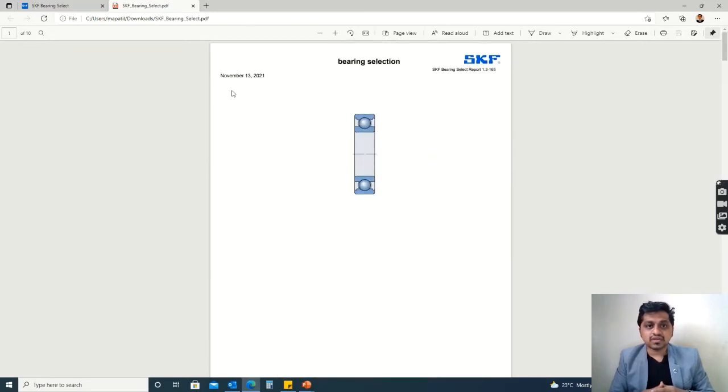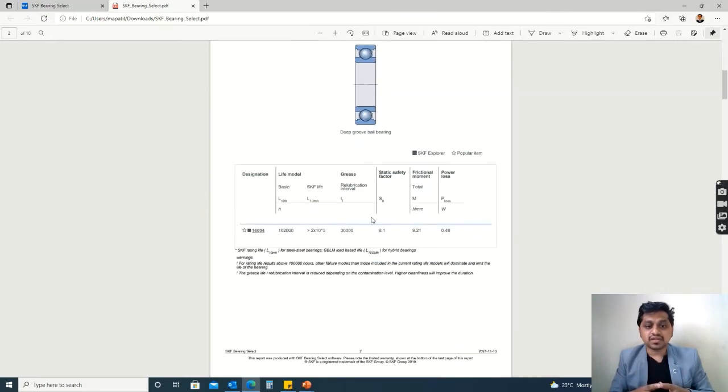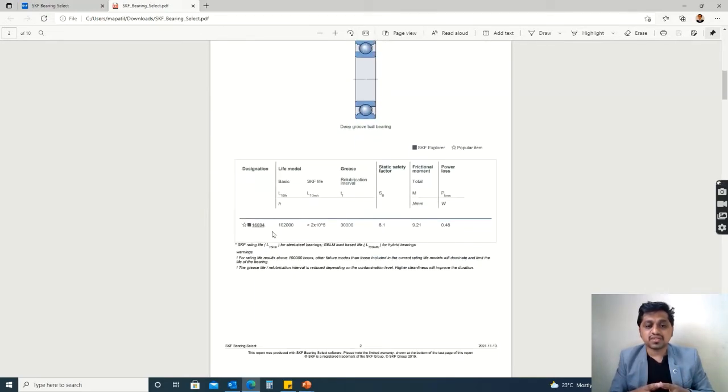Okay, so here you could see the November 13 2021, on that date we have done the calculations. Abstract, it is showing which bearing we have selected, its designation, what are its parameters, its specifications, static safety factor you could see here.